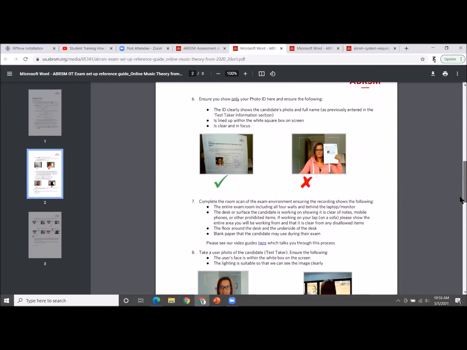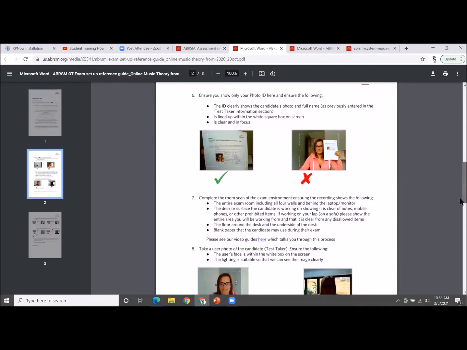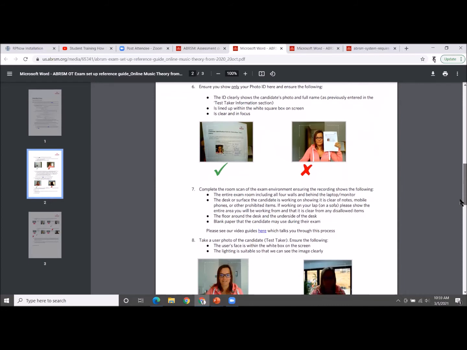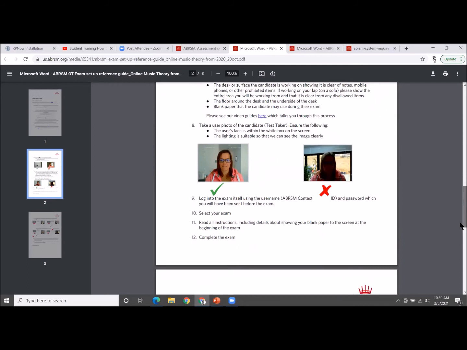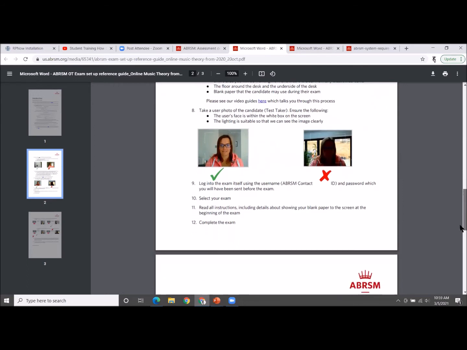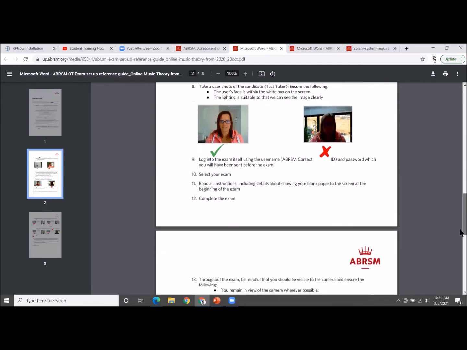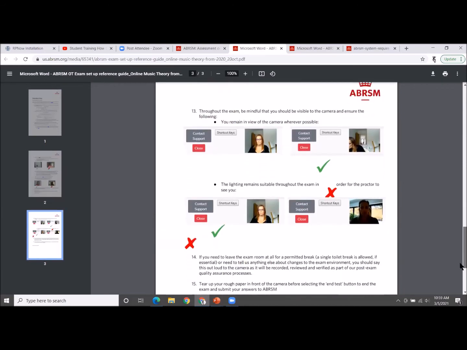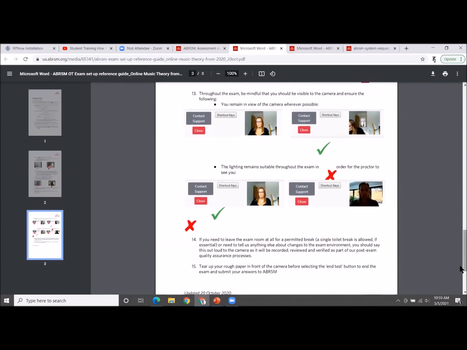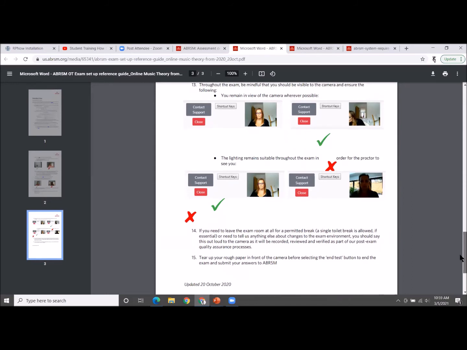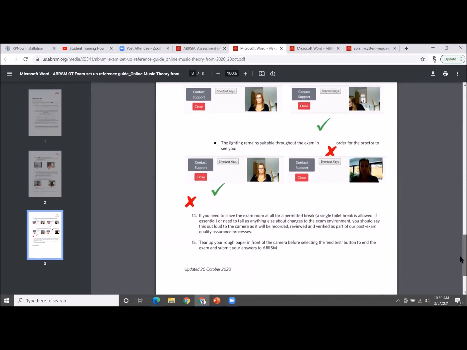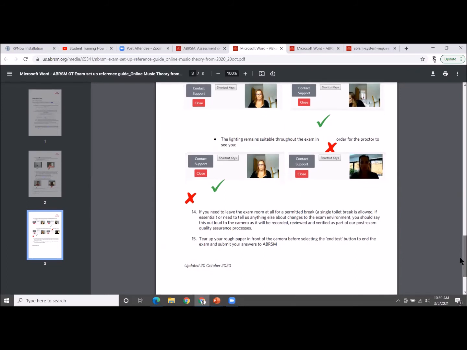How to do the room scan, how to show your photo ID that you are indeed who you are, how to make sure that your face is always visible and that it's not backlit. And of course, you have to be directly looking at the screen the whole time and not looking away, so as not to show that you're being dishonest or anything like that.